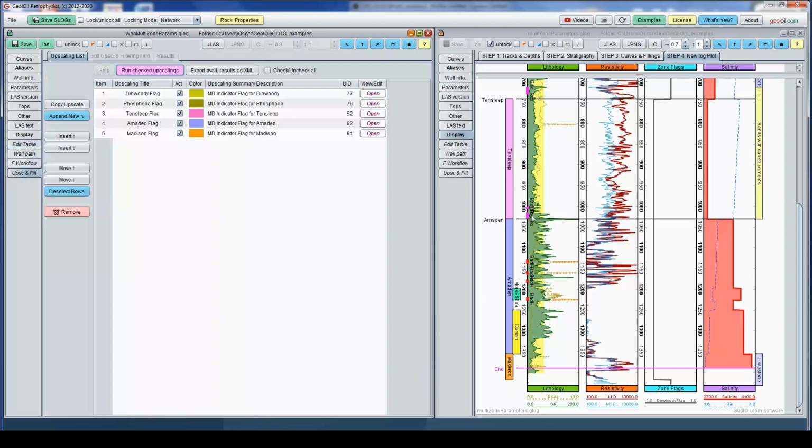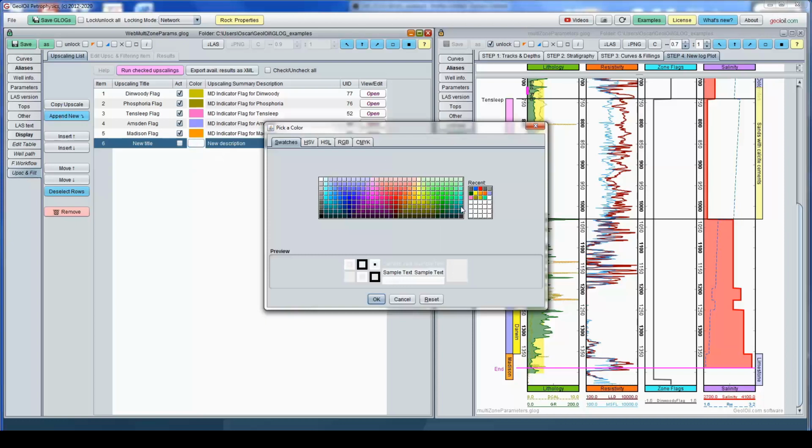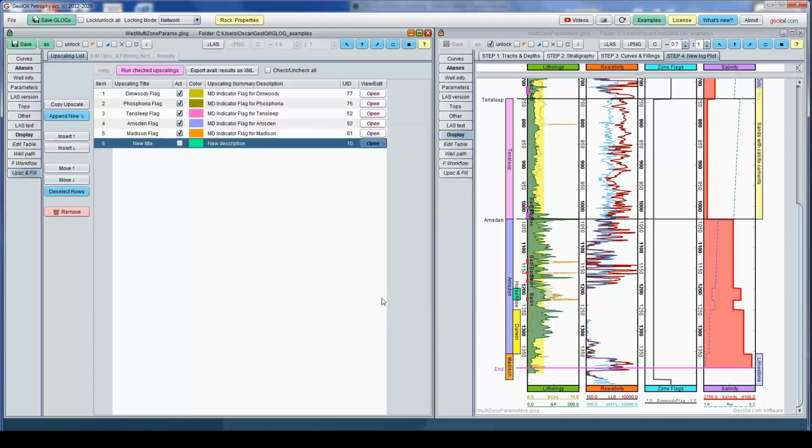Now we have nested members inside Amsterdam: Horseshoe and Darwin. Let's define those and let me explain how we can do that. Okay, you append new and choose the color for Horseshoe, maybe this blue or green.